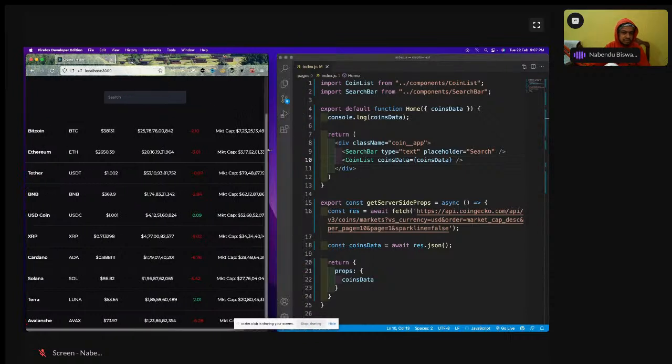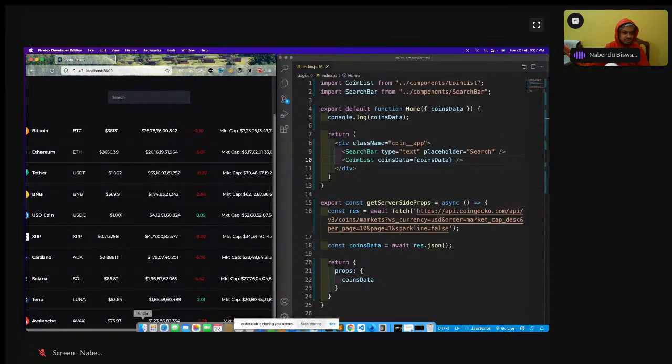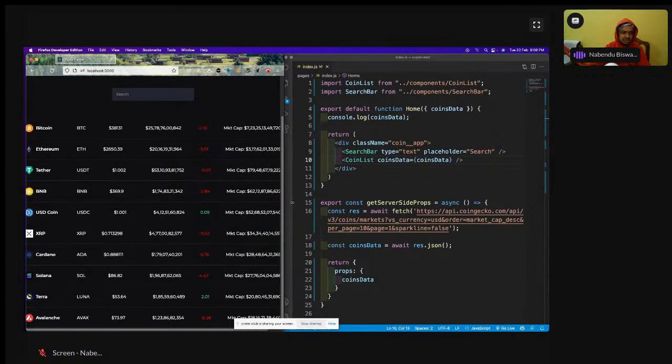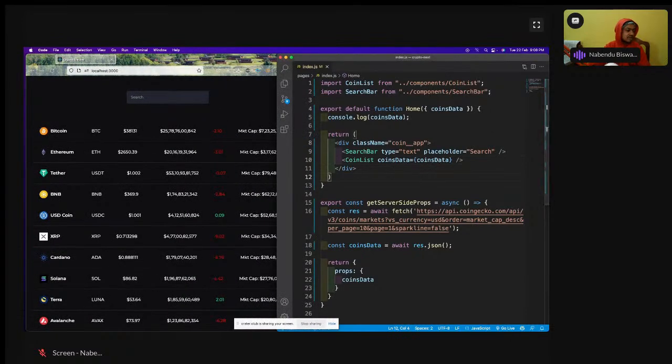Let me make it a bit smaller. Okay, not that much responsive. So let me have it this much only. Now we are going to use useEffect to have this search bar search. Right now it will not search anything, it just showcases there. So for that, what we need to do here,